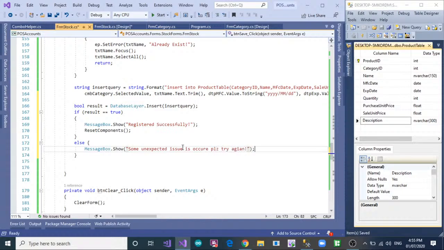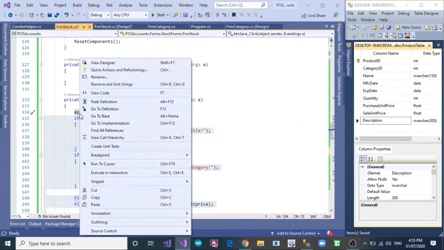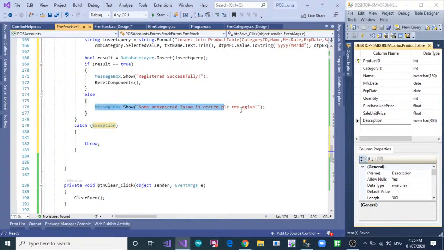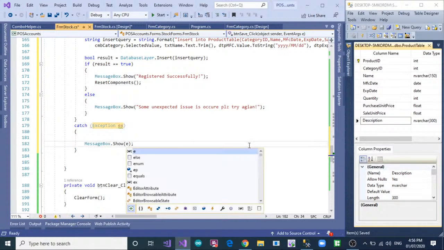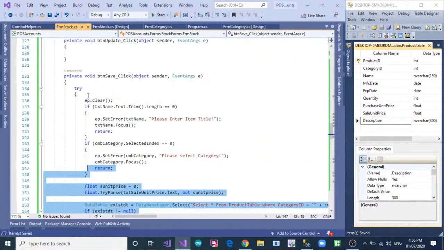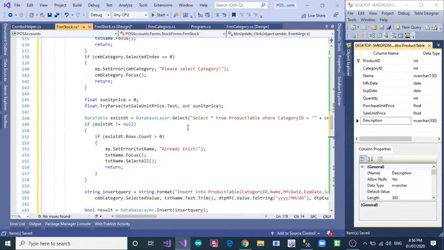Okay, in case any exception occurs, select all the code and surround it with try catch. Now also show the message inside here, ex, and then show the exception message if you want, so ex.Message. Okay, now copy the code and add it also to the update button, so paste here, and